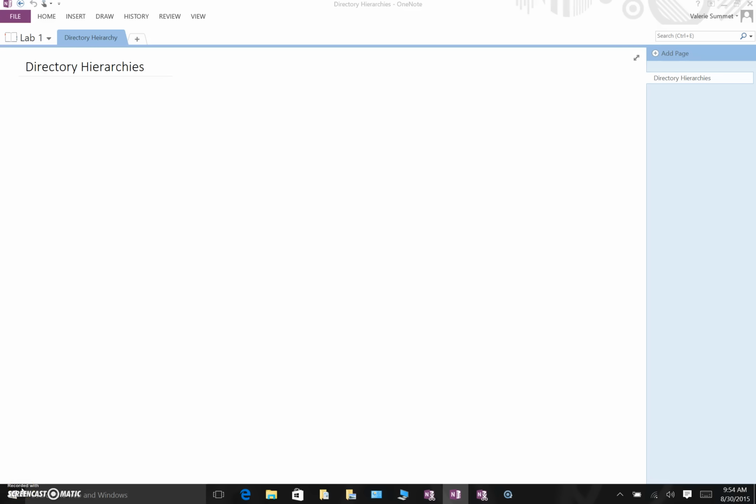So our first topic today is going to be how files are organized on a computer. It's not something we think about too much today because it's gotten much easier to find our files no matter where they are on a computer due to better search technologies. Most operating systems these days have some kind of search built into them, and to find a file you just